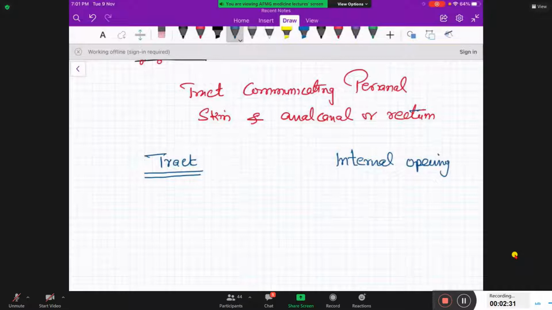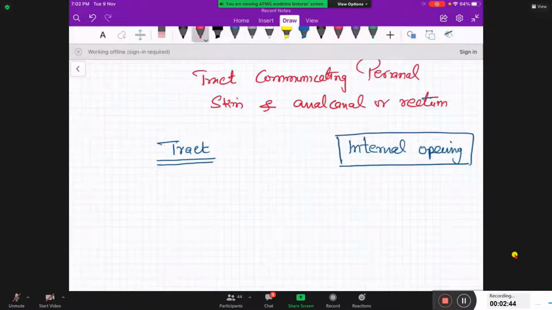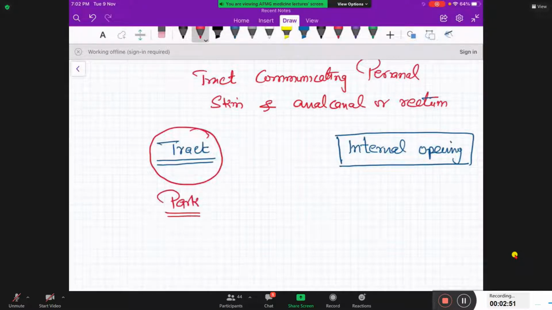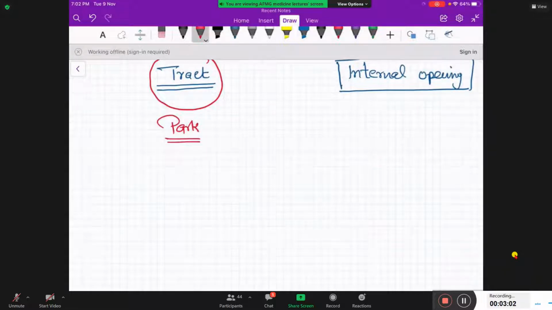Another classification is on the basis of internal opening. Important is the one on the basis of internal opening. The classification on the basis of the tract is the Parks classification. Now, on the basis of the tract, the fistula in ano is divided into